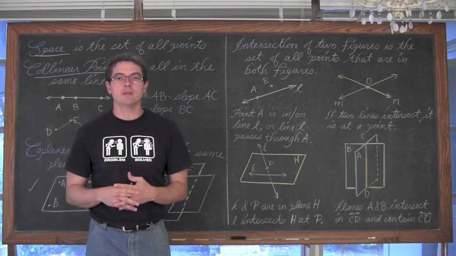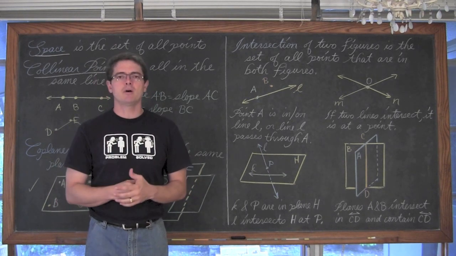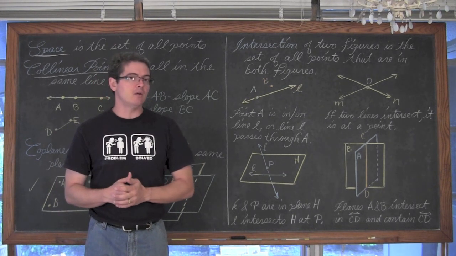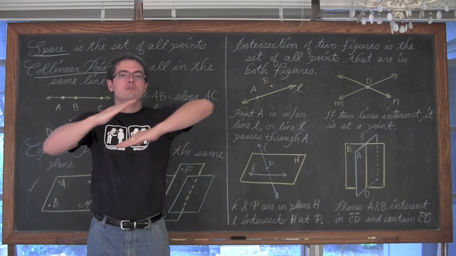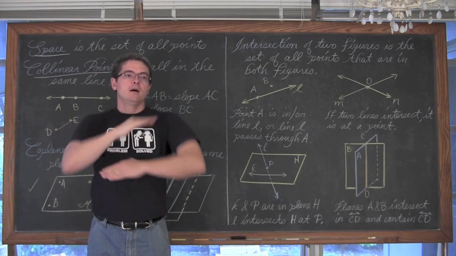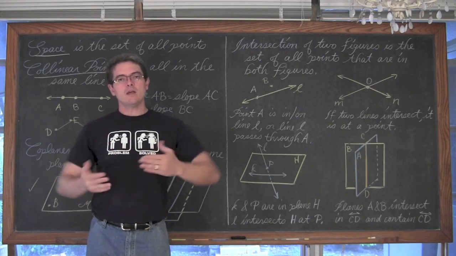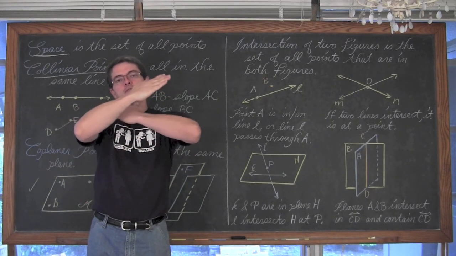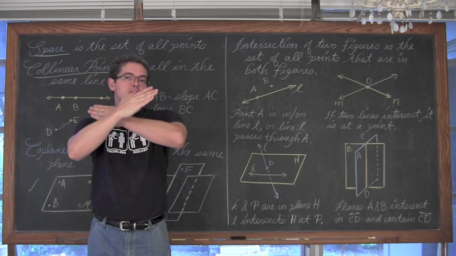There'll be a definition coming up later that you should recognize from some of your algebra studies, parallel. Parallel lines do not cross. They go in the same direction. You don't have to have lines be parallel for them not to cross. They could be in other planes as well.